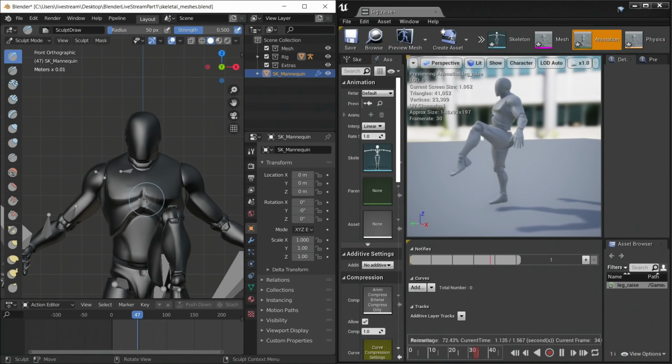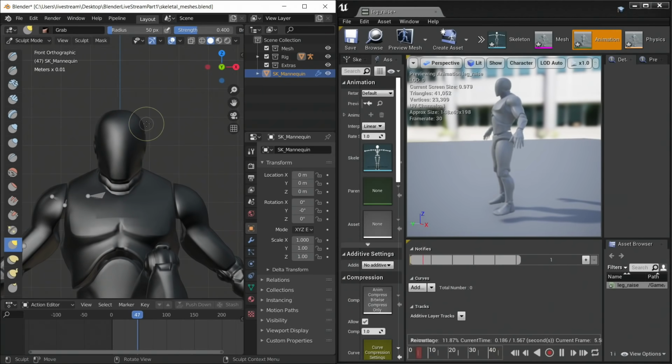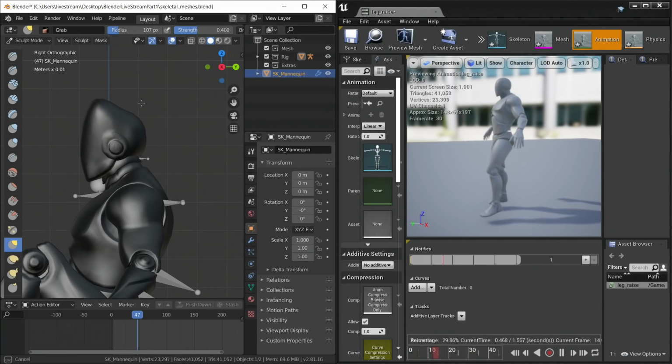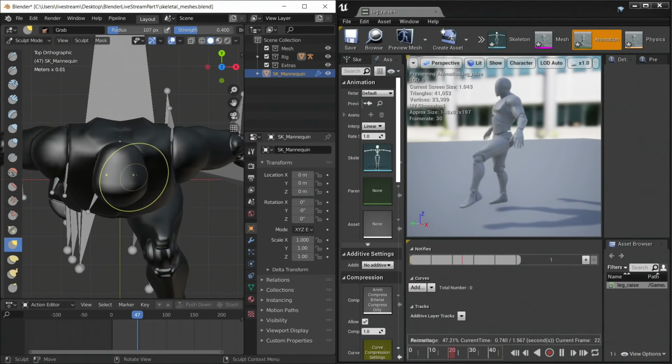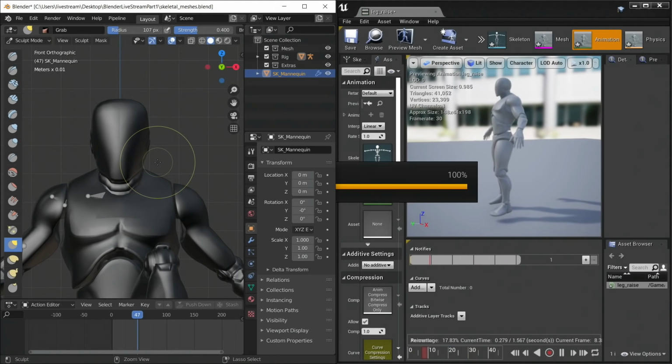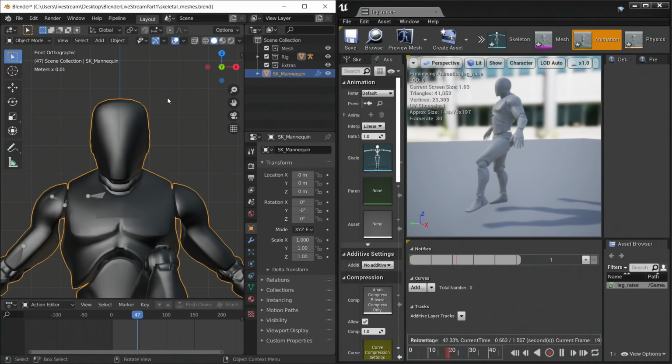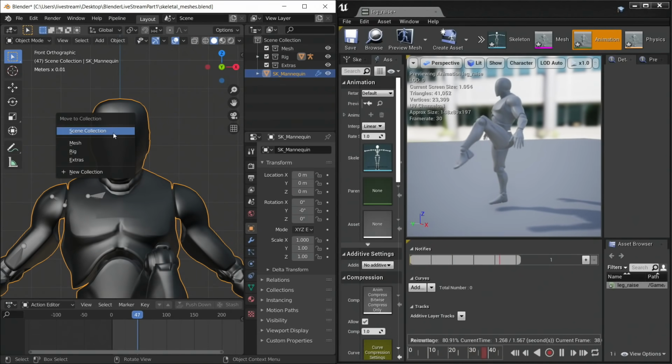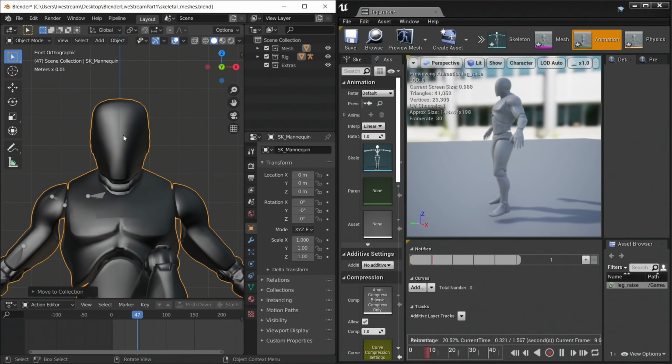let's just go into sculpt mode, and I'm gonna say tweak the shape of this guy's head, just so you can see that there's some changes happening here. Yeah, so we have that. I'm going to send that over, and we don't have the mesh re-importing, so I'm just going to move that to the mesh. So now we're actually going to be updating both, right? So I'm going to send that over,